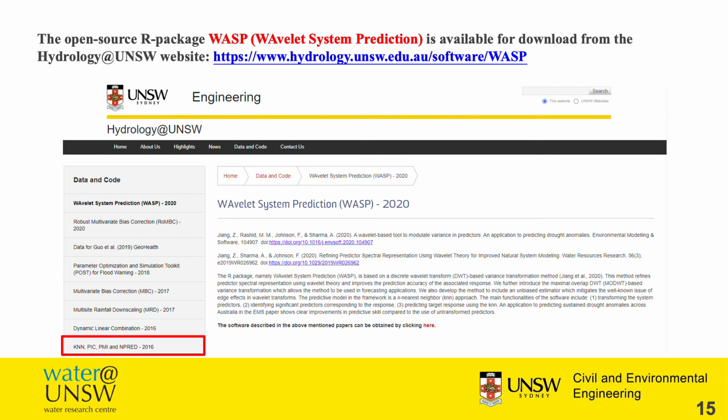The highlighted one at the bottom is the software for identifying significant predictor variables. It is a part I haven't covered in my presentation, but it is a very important part of the proposed method. If you are interested in our work, please go ahead and have a look, or drop us an email. We would love to hear your feedback.